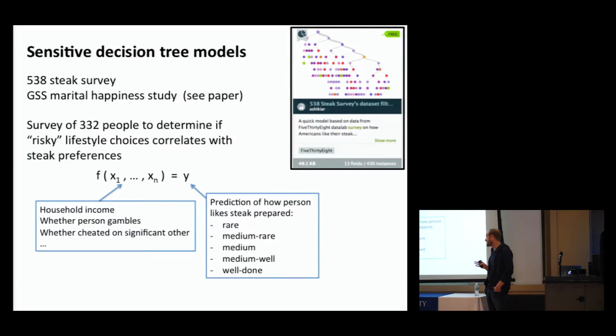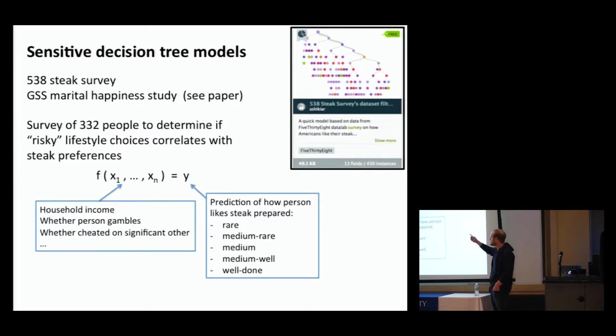I guess under the slightly ridiculous assumption that people who like their steak rare, and I say ridiculous because I like my steak rare, are more likely to have done things like cheated on their significant other or gamble or have, I guess, a low income, which is considered risky. I don't know. So, guilty as charged. So anyway,